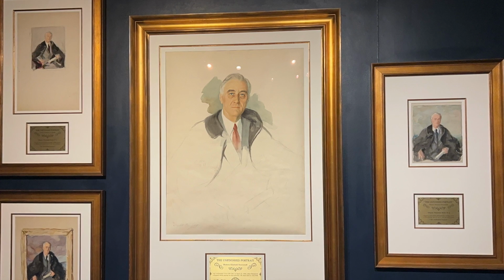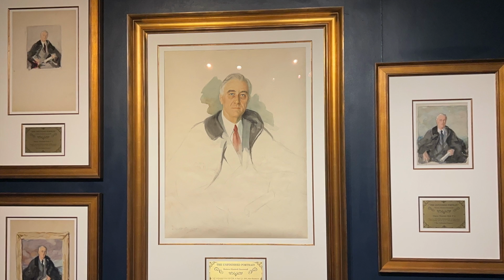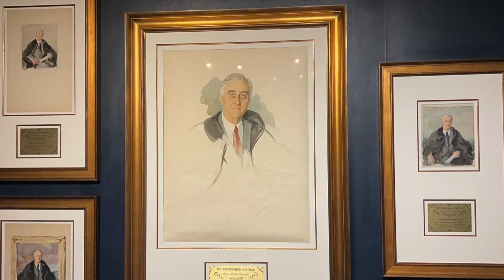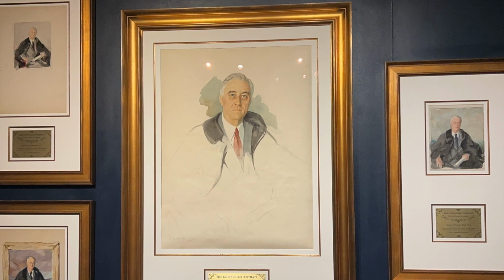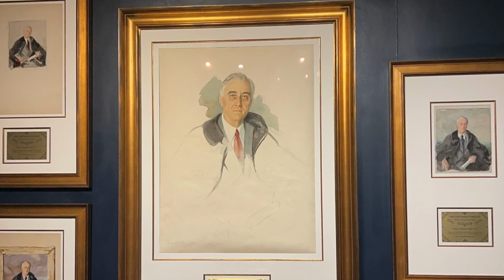On Thursday, April 12th, his plans included an afternoon barbecue given by his Warm Springs friends and a minstrel show at the hospital. He woke that morning at 9:20 and had a light breakfast. He complained of a mild headache and stiff neck. A massage seemed to ease the pain in his neck. Even in the warm, humid climate, the president seemed chilled and asked for a naval cape to drape over his